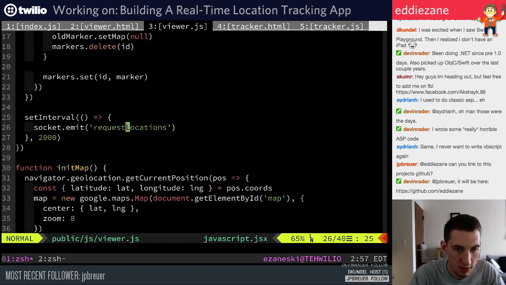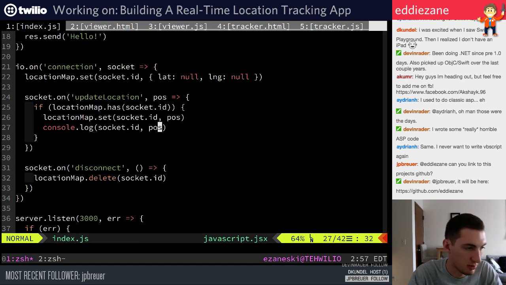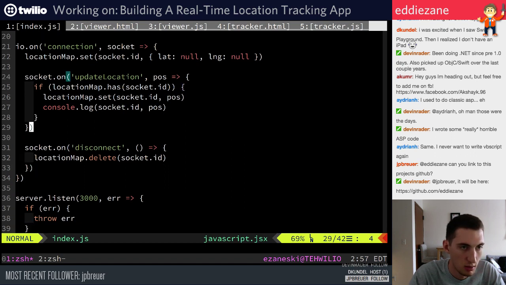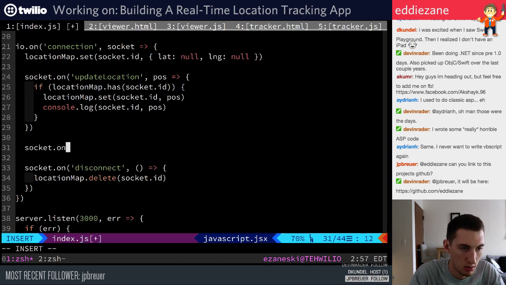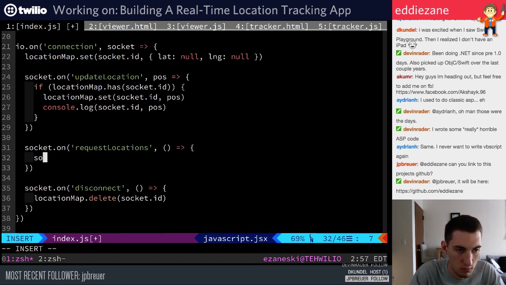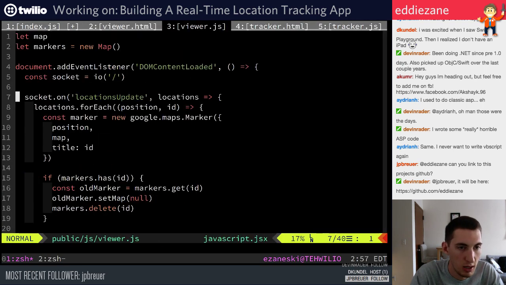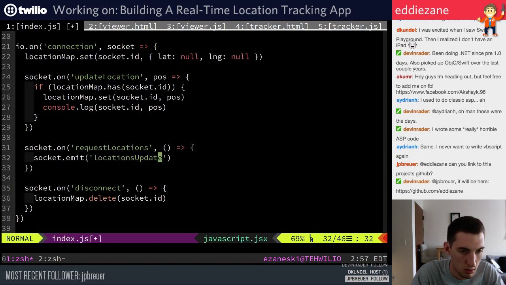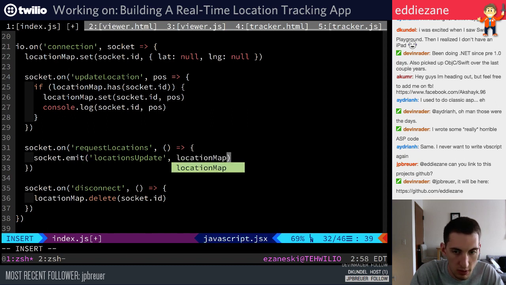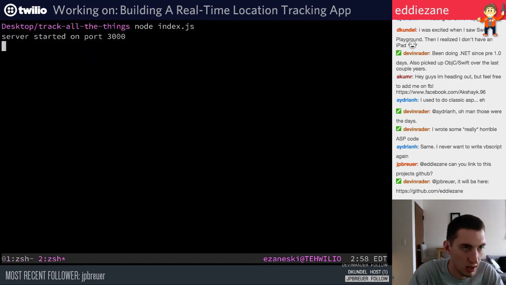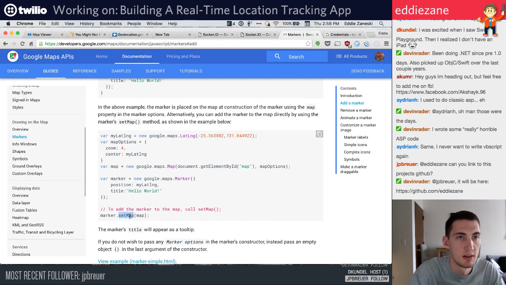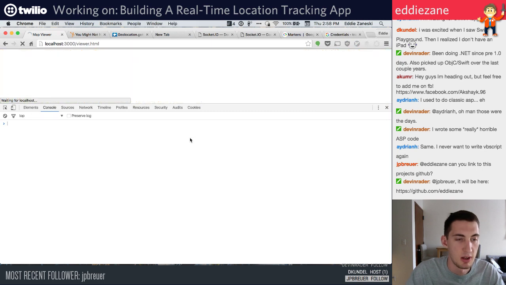So, okay, so request locations is the event we have to have the server emit. And what are we emitting? We're emitting locations update. I wonder if we can just send the location map. That'd be awesome if we can. We're gonna find out. So if we hit that,